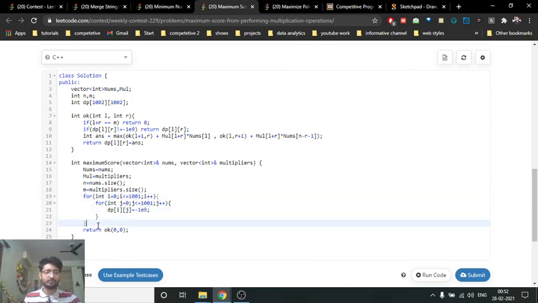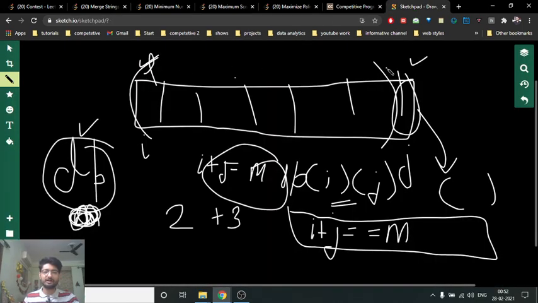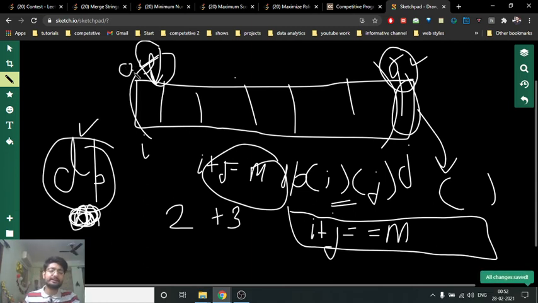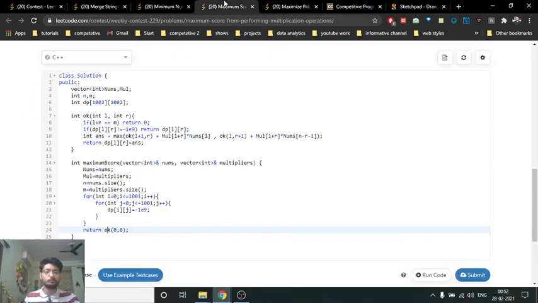Then I return the OK function, which computes my answer. It takes input L and R, where L is the starting pointer value and R is the last value. Both of them are initialized to 0. It's not pointing at a value, it's just that starting from the left side I have taken 0 characters, and starting from the right-hand side I have taken 0 numbers. I will take out some numbers in the processing.